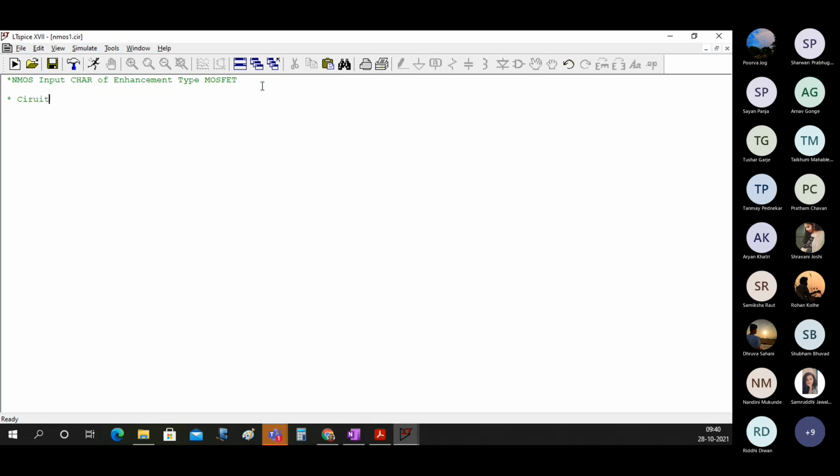One, the circuit connection, so you have to specify the circuit connection, and then you have to specify the inputs to the above circuit.